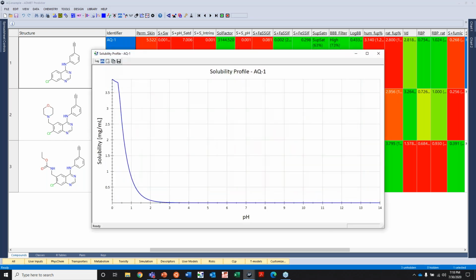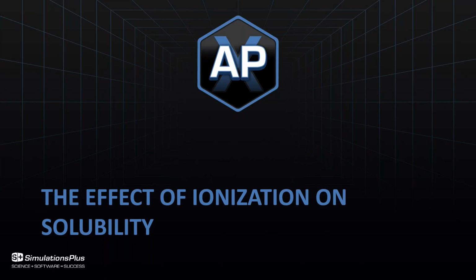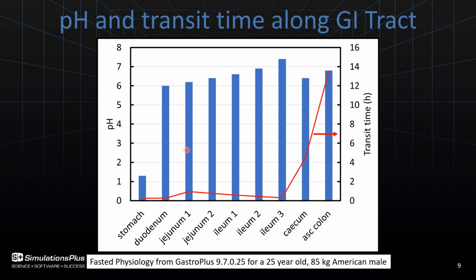We can double click on this cell to bring up another window which will display the solubility versus pH profile for this compound. So once it reaches the stomach, with a pH below 1.5, the solubility starts to increase somewhat for this compound. So if we were to take this compound and analyze what it would look like in the stomach, this is a plot of the pH versus the various compartments in the stomach and